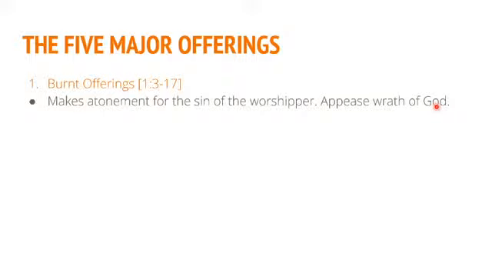So the animal that had to be offered must be without blemish or fault. It couldn't have any problems, no lame animal, no sick animal, no half-dead animal, obviously. It had to be without blemish, which immediately we can see is a type of foreshadowing of Christ. The worshipper had to lay his hands on the offering, which was a symbolic thing. There was nothing magical or mystical about that. It was just an outward sign, by laying his hands on the offering, to show identification or a transfer, you could say, of my sin onto this animal.